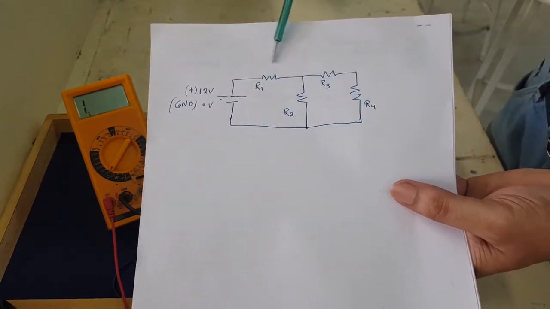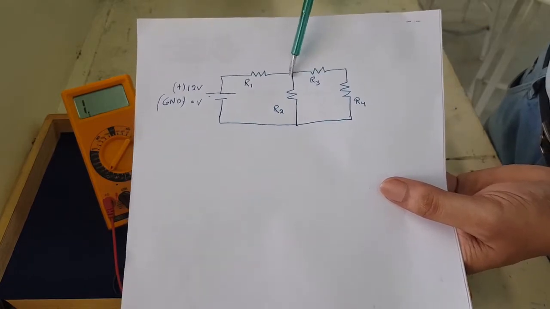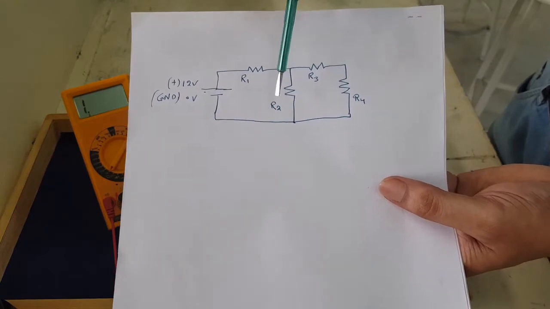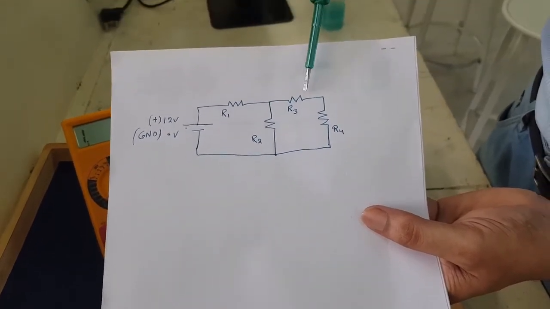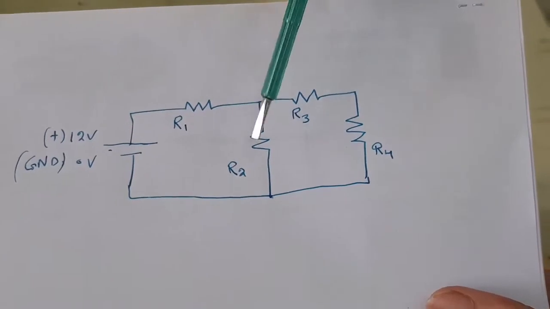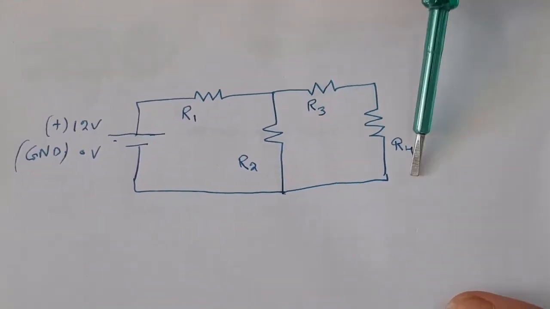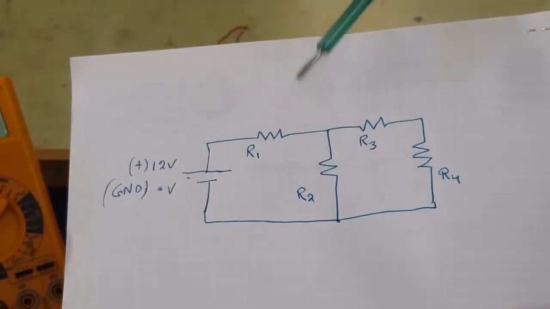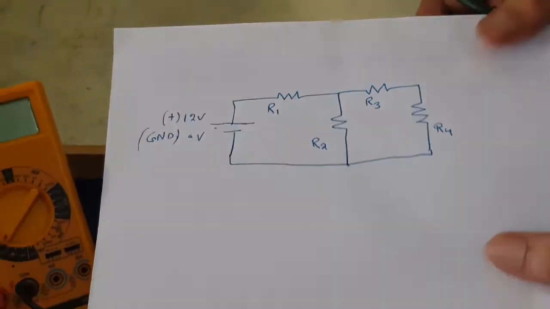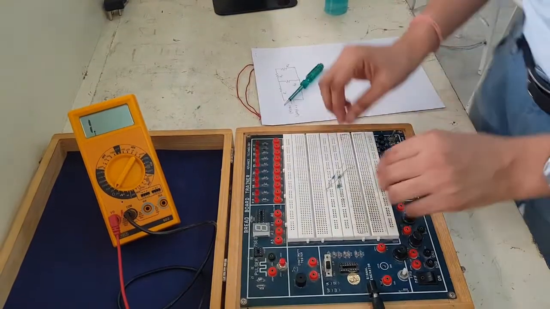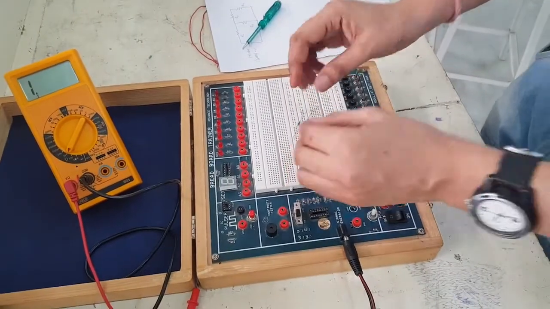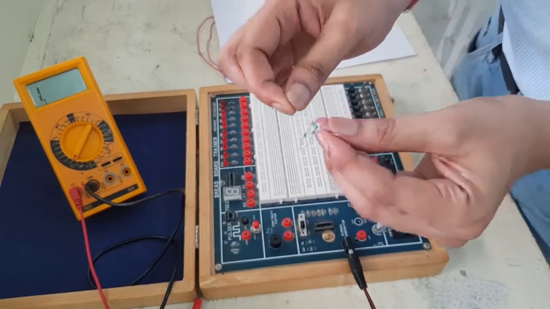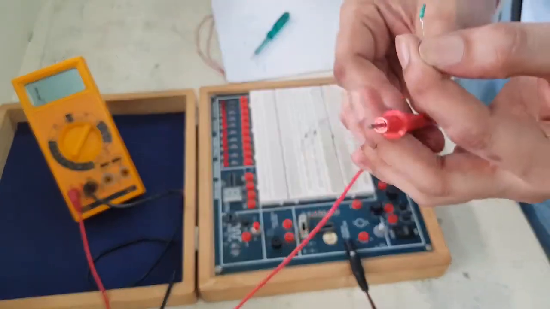The second terminal of resistance R1 is making a node. This is a node. With the help of this node we will connect our resistances R2, R3 and R4. The second terminals of resistances R2 and R4 will make the grounded sections. So we will complete the demonstration of Kirchhoff's voltage law. First of all, I am taking the resistance R1 and we will check its value. So we are taking our multimeter.